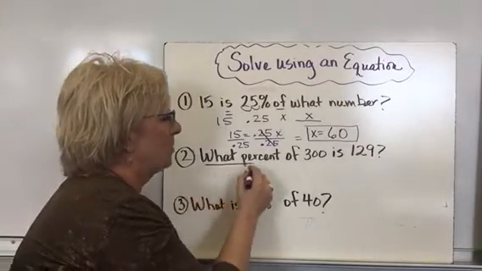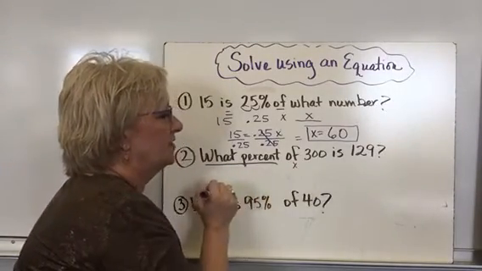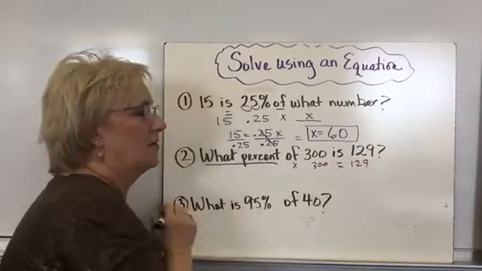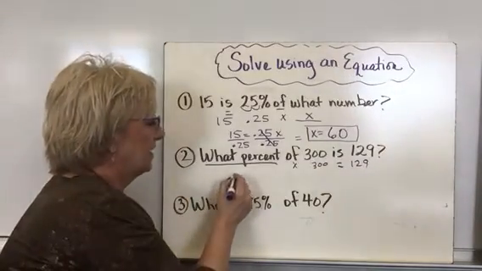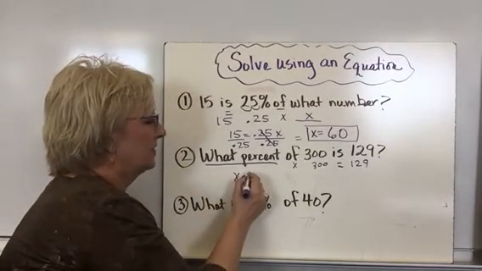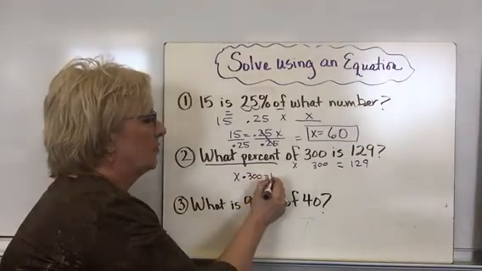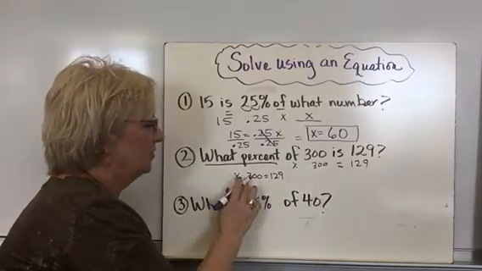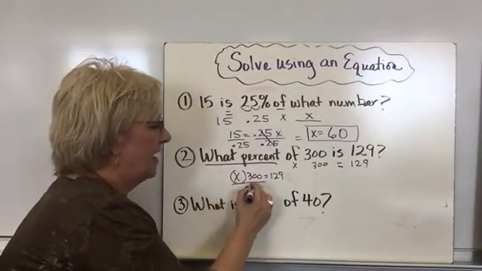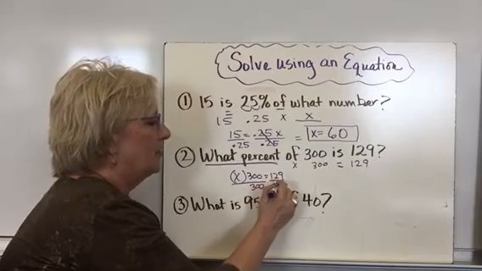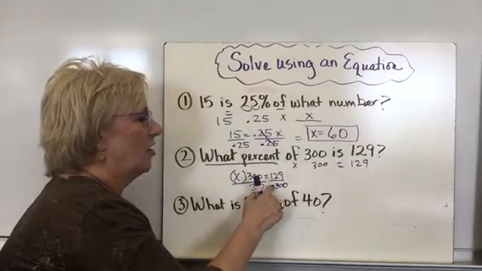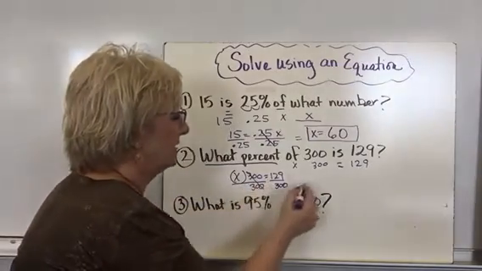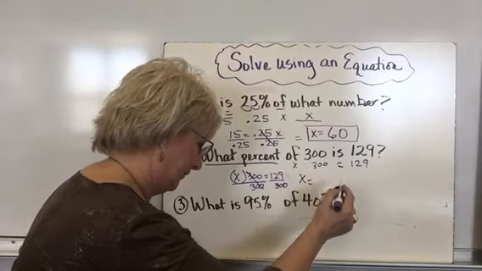Now here's one: what percent of, that's my multiplication, 300 is 129. Okay, we know "is" is equal. So we're going to say what percent, I don't know my percent, times 300 is 129. Well, I know if I'm multiplying x and 300 together, I have to, and we could easily do it this way, divide both sides by 300. And I know 300 is going to be larger than 129. So my answer is going to be a decimal. So when I do this, I have x is equal to